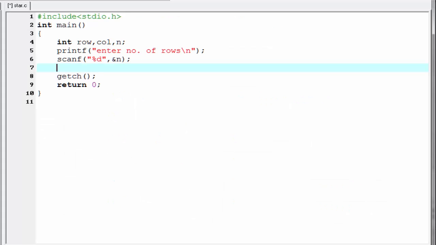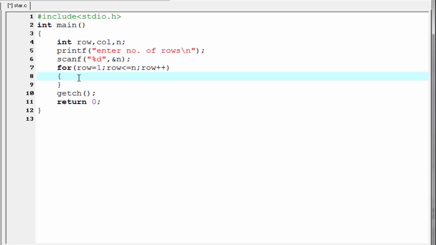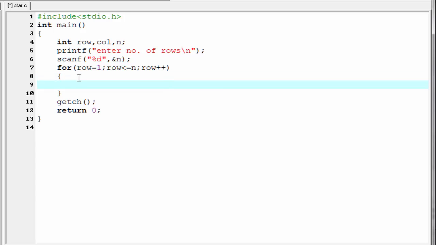Here we write the first loop, that is for, and here we initialize row equal to 1 and then write the termination condition, that is row less than or equal to n, and then increment the value of row by 1, that is row plus plus. Inside this loop we need to write another loop to print the multiple columns in each row. So I am going to write here for, and here we initialize column equal to 1,